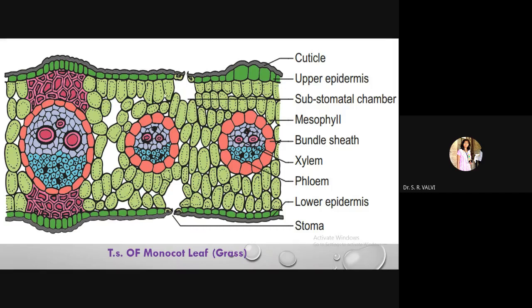Now, as for monocot leaves, all grasses come under the group of monocotyledons. Monocot leaves are very delicate, and in order to protect themselves from high wind velocity or animals, they have modifications. These modifications include a thick cuticle and bulliform cells, which help protect against animals and mechanical pressure, and also store water in them.